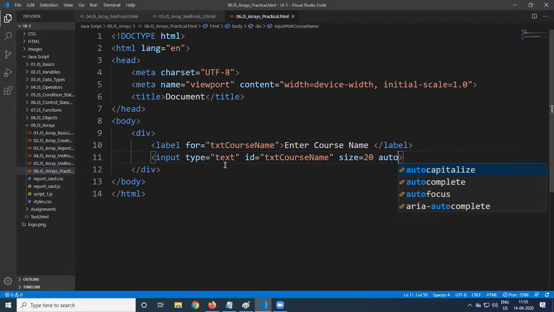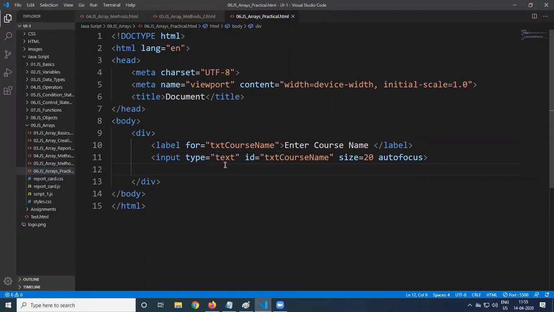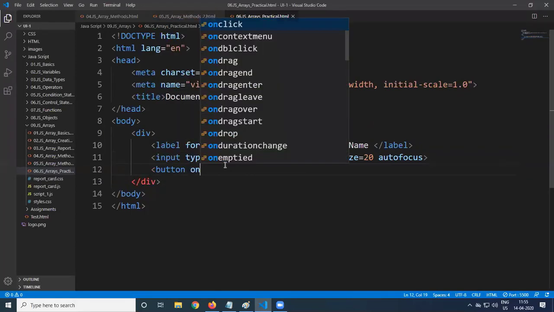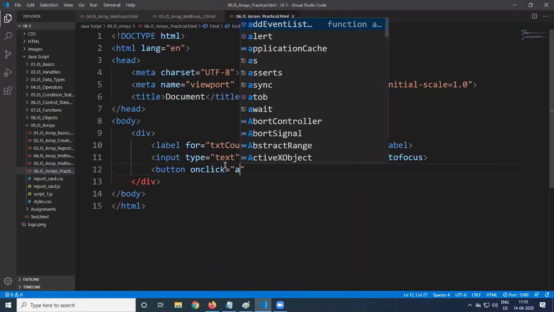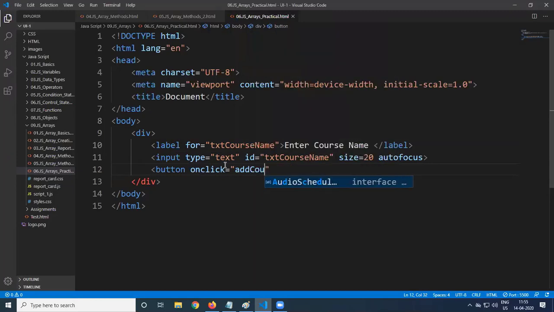Auto focus. The focus should be auto focus. Then we got a button, onclick is equal to, we want to call a function, add codes is a function that we need to call.